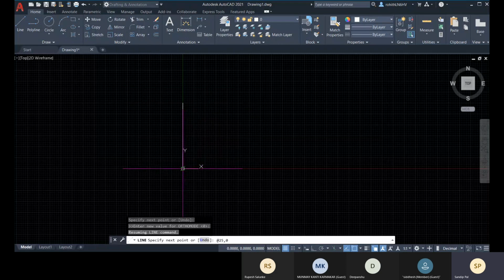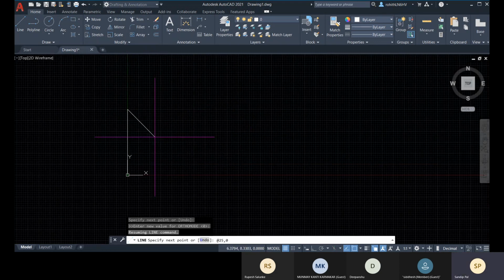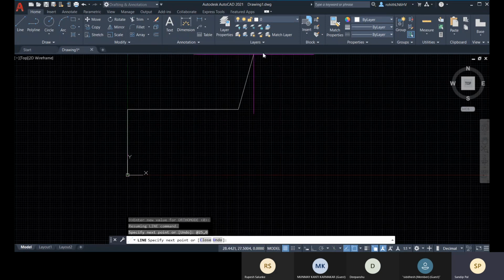If you were calculating from the origin, you would have a y direction. So from this point, in x direction, I will place 25, but in y direction there is no displacement. @ means it is calculating from the last point, which is this point. So @25,0 and press enter.